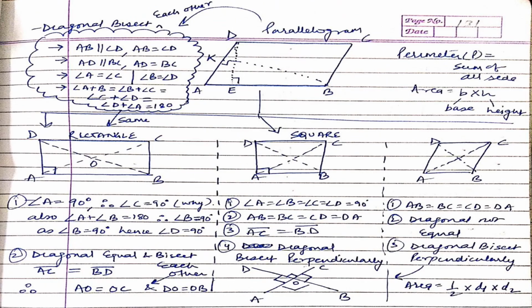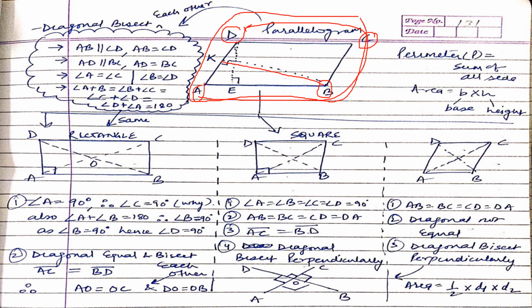See, I have written the properties over here. Just understand one by one. Don't look at the whole diagram, just see where I am showing you. This is a diagram of a parallelogram. You can see this is parallelogram A, B, C, and D. You can observe I have written the name in continuation: A, B, C, D. This should be followed by you also. What I have done after that is drawn a perpendicular from B, this one, BK on the base AD, and perpendicular DE.